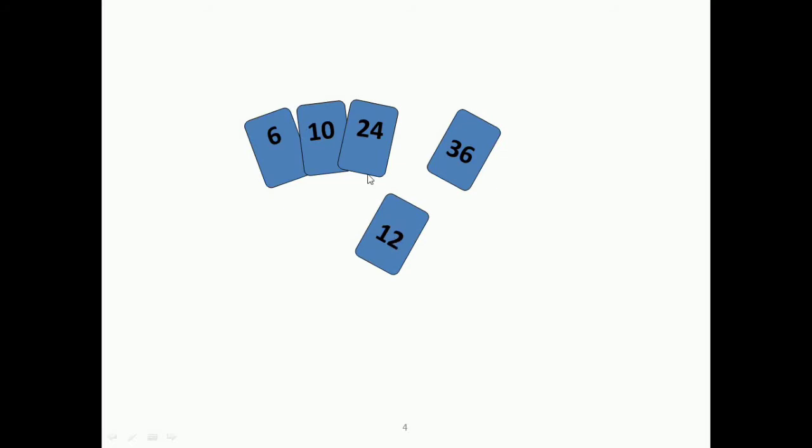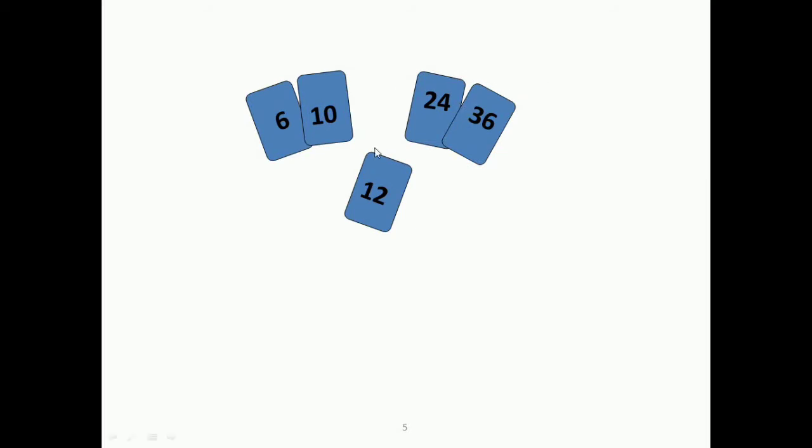We compare it again with 24, and again 24 is greater than 12, so we move it again. Now we compare it with 10 and we see that 12 is greater than 10 now, so we know that the correct location for it becomes between 10 and 24. And this is how an insertion sort works too. The array is sorted sequentially and unsorted items are moved and inserted into the sorted sublist in the same array.